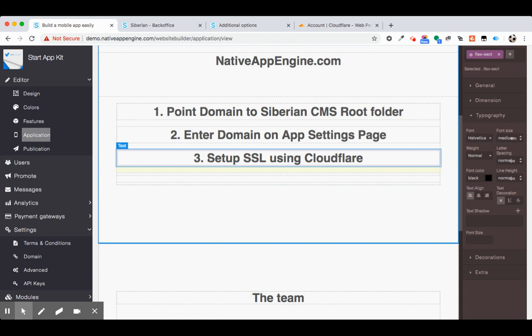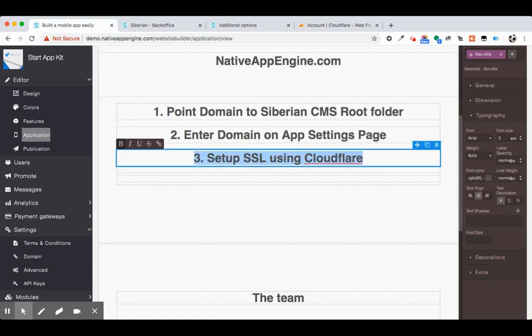And the third step is to set up SSL. Generally, you might have a setting to create SSL on your control panel nowadays using Let's Encrypt. Every control panel has that setting wherein whatever domains you add, you can create an SSL certificate for them.